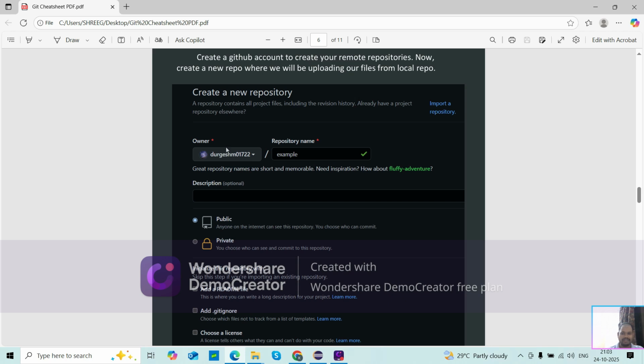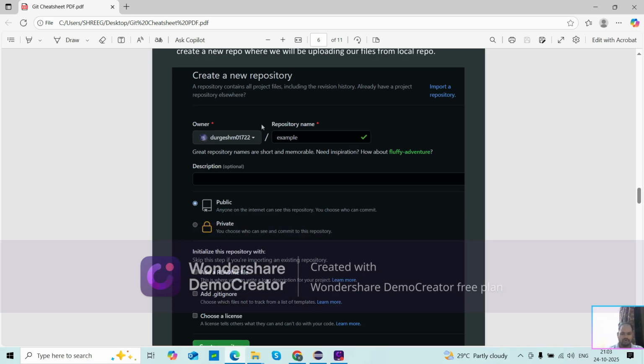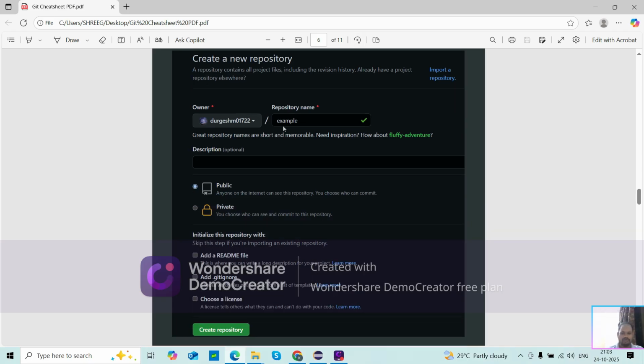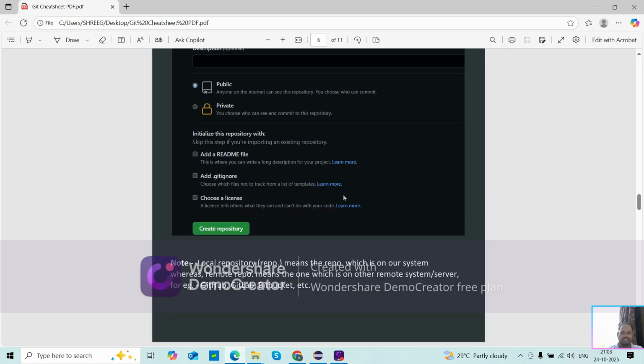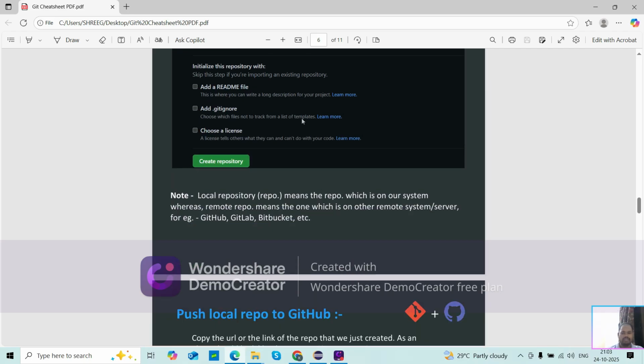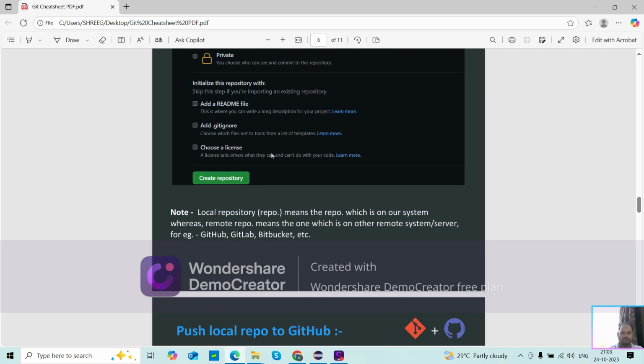If you want to create an account on GitHub, then after that you create a new repository. You can import a repository or create a new repository. You fill in the form: put the name of the repository here, the owner name and description, public or private, and initializing the repository. By filling in this information, we just click on create repository.